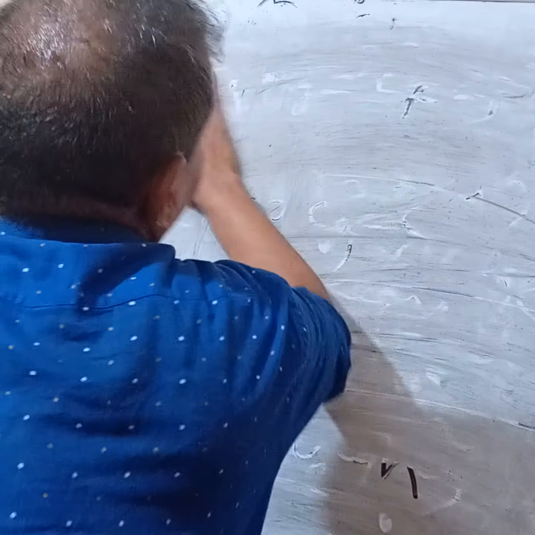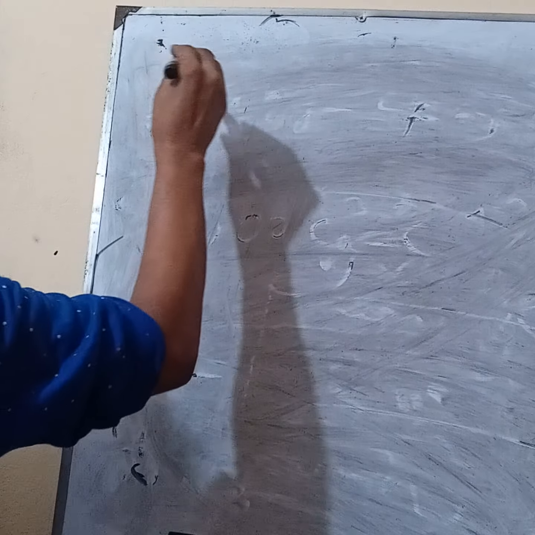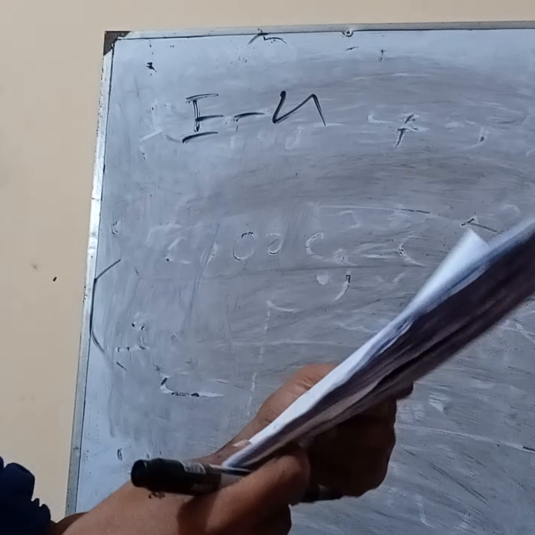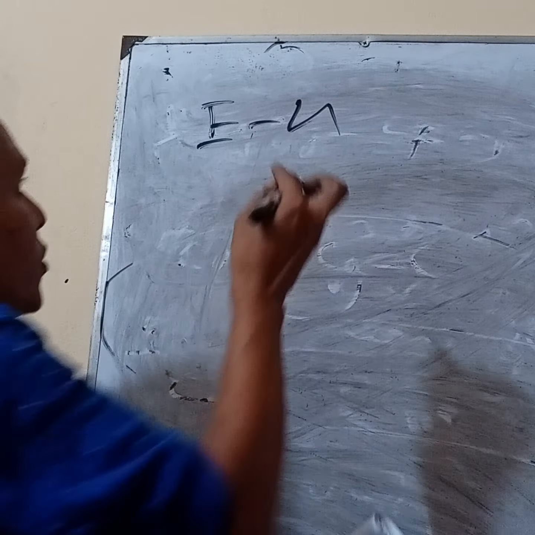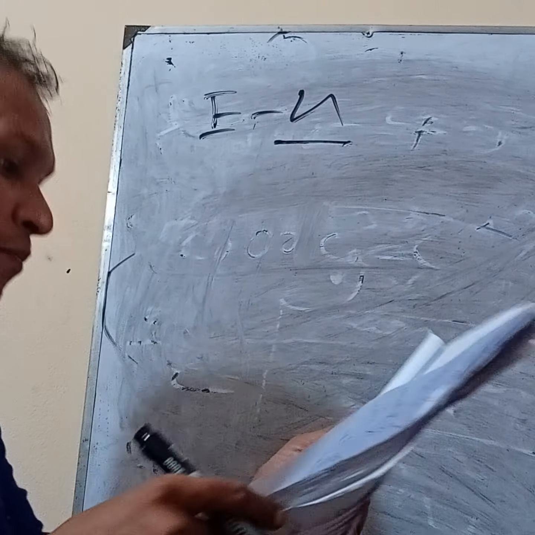Now I have to explain for the barrier how to be creating the barrier and how it is happened. E minus U means U is barrier or losing energy by interaction with another particle. U is barrier, E minus U is barrier or